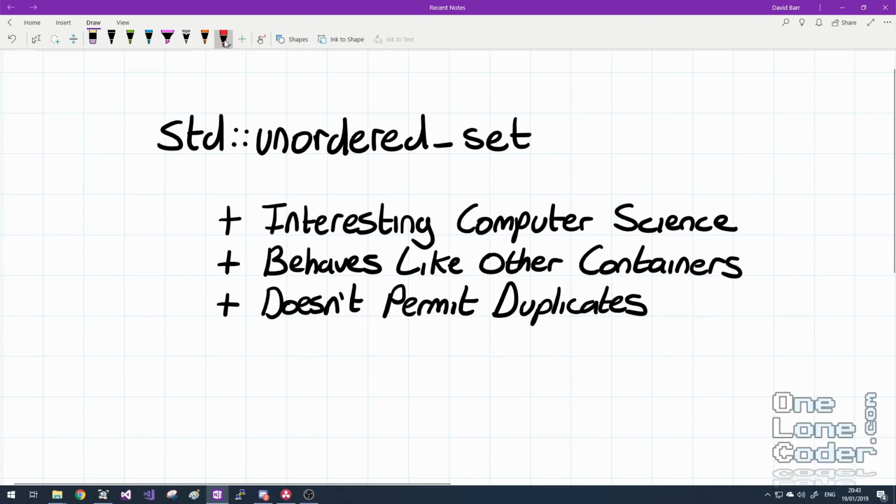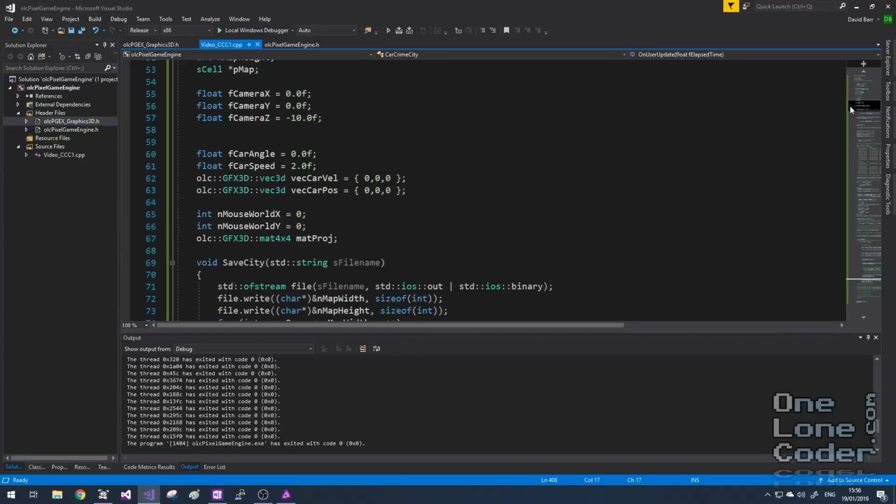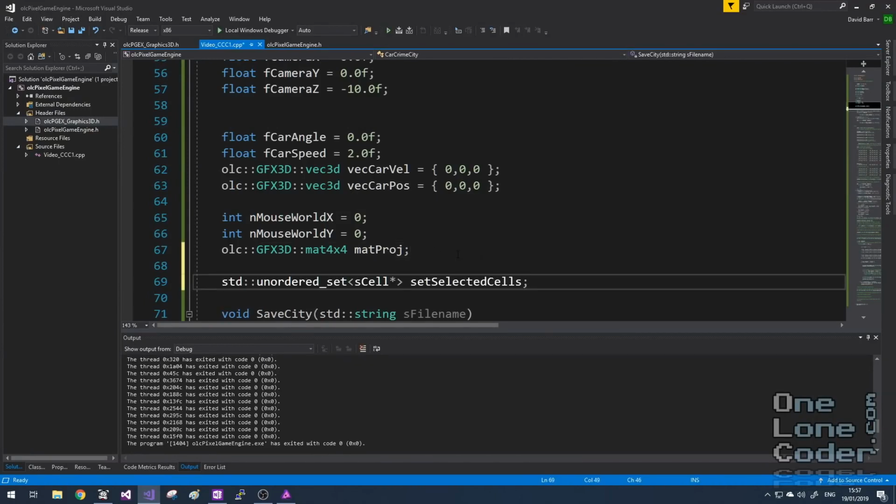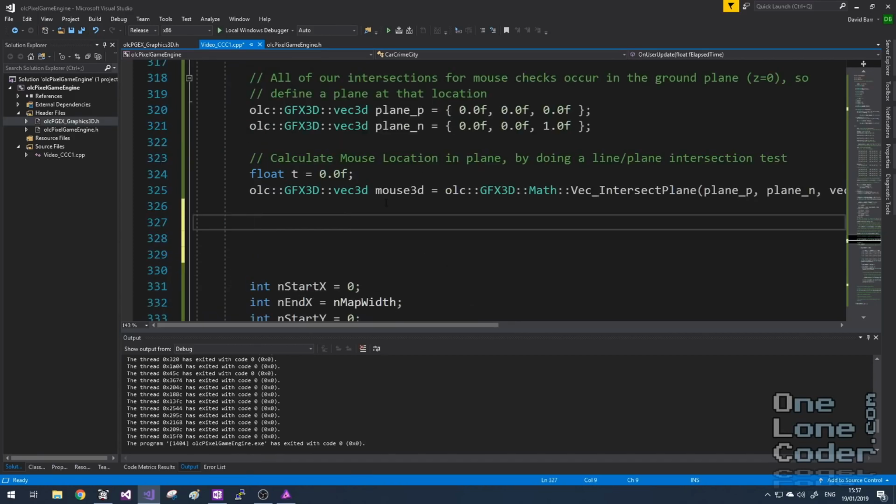They behave like pretty much other containers, vectors, lists, etc. And the most critical feature, the part that I'm interested in right now, is they don't permit duplicates. So you can keep throwing the same thing at it, it will only store one instance of it. And no duplicates is exactly what we want. So I'm going to add an unordered set of cell pointers called setSelectedCells. And once we've worked out where the mouse is in 3D, we can cache these in our nMouseWorldX and nMouseWorldY